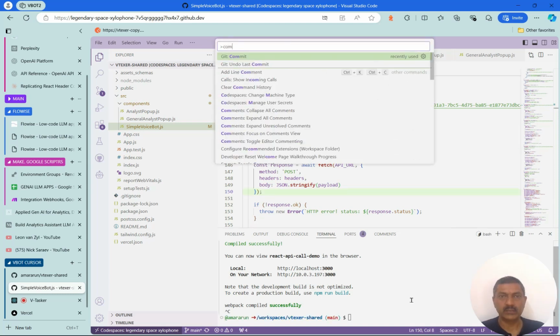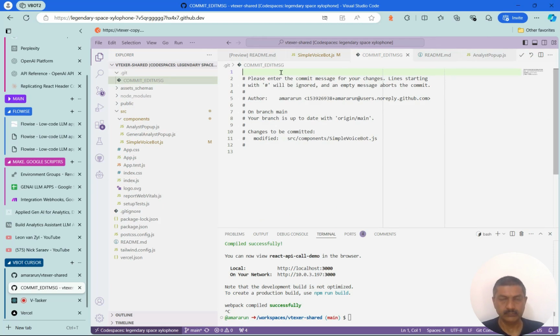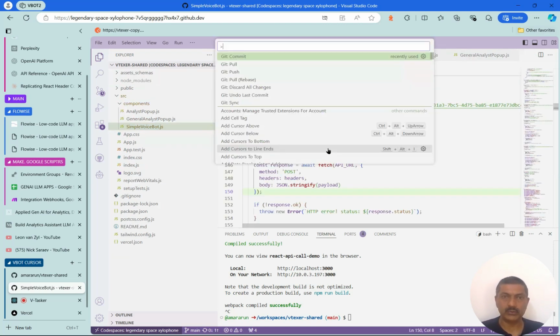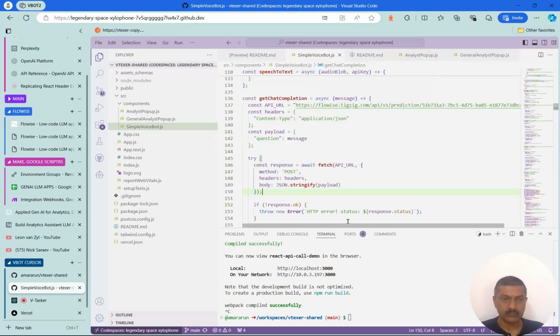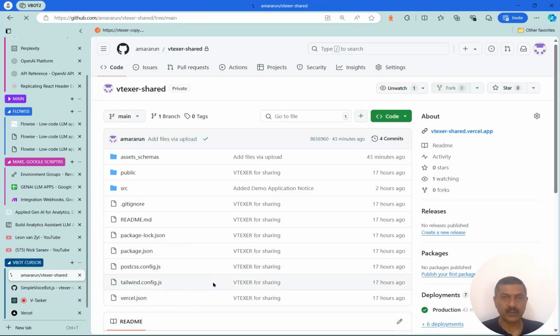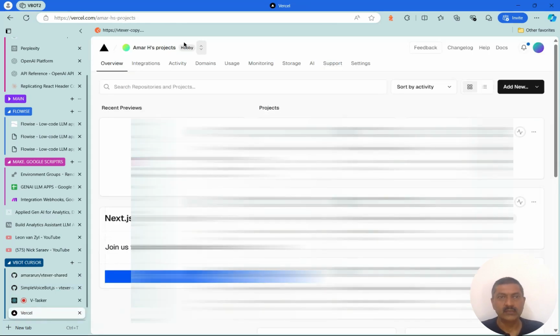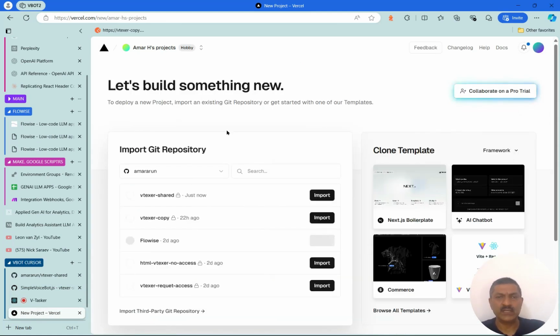So I will commit it. Updated URL, and I will push it. So let's see if it has come here. Source with updated URL, so it has come here. Now all that we need to do is we go to Vercel. We go to Vercel and we say add new. I'll say add new project, and you need to connect your GitHub repo once, log in and just connect it. So it will show your repositories which are connected. So this is the one. I'll say import,